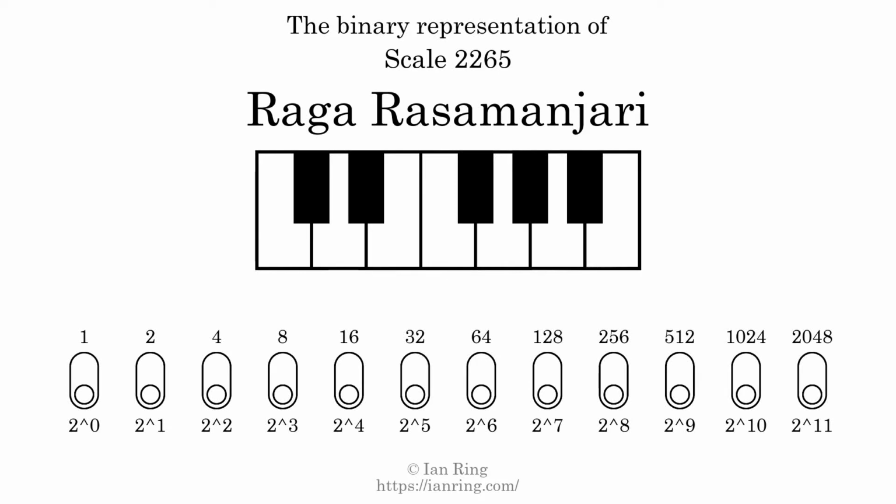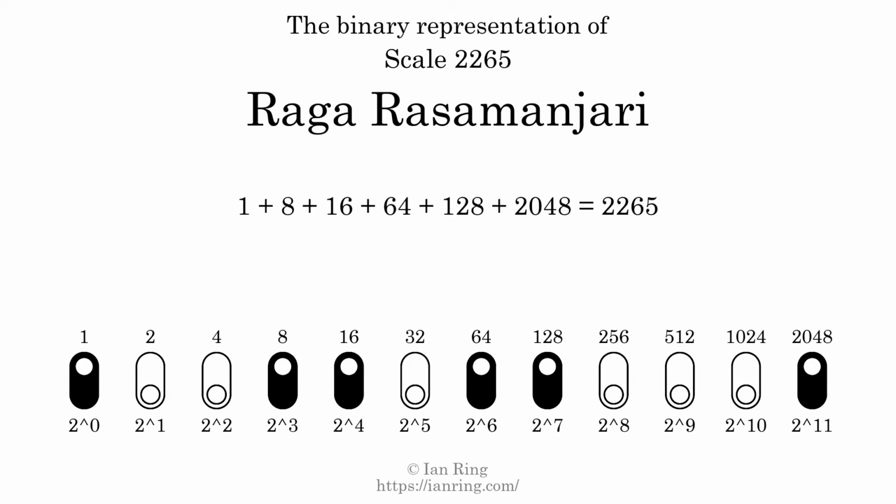The binary representation of this scale is determined by mapping tones of the scale to binary digits. Each binary digit represents a power of 2. To get the scale number, we add the powers of 2 together. The powers of 2 that are present in the scale, all added together, equals 2265. That is why the scale number, in decimal, is